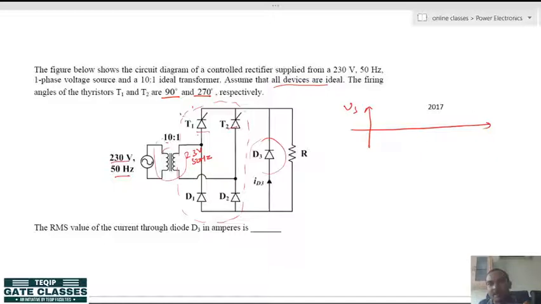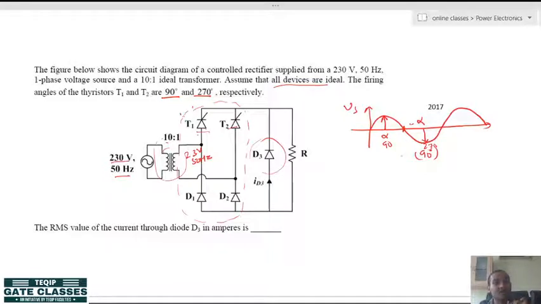If you make an input sine wave, for the positive cycle the firing angle is alpha, and for the negative cycle also the firing angle is alpha, counted from here. I told you that firing angle delay is always counted from the 0 of the wave. So for the negative cycle, 0 will be counted from here. Here it is 90 degree, then 180 degree and 270 degree. It means for the negative cycle also, both the thyristors are fired at 90 degree.